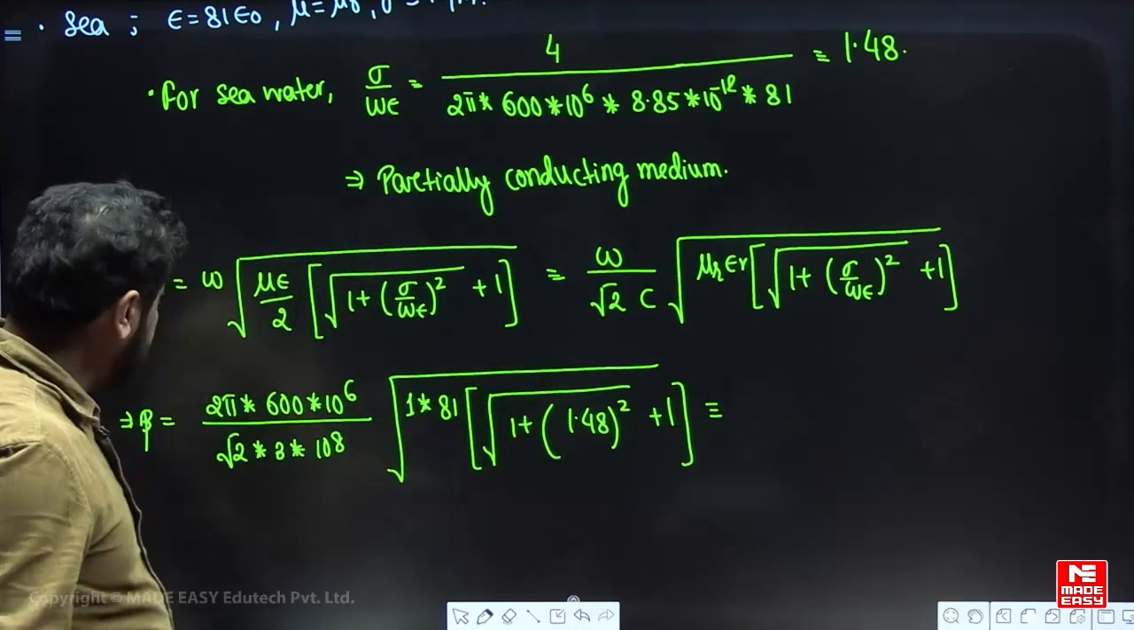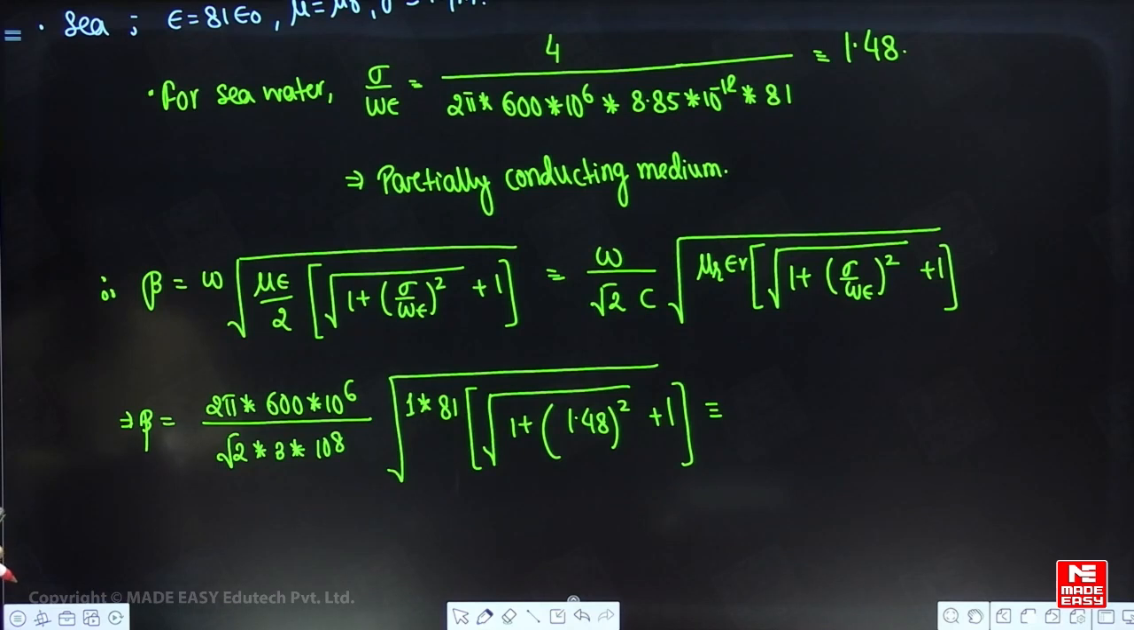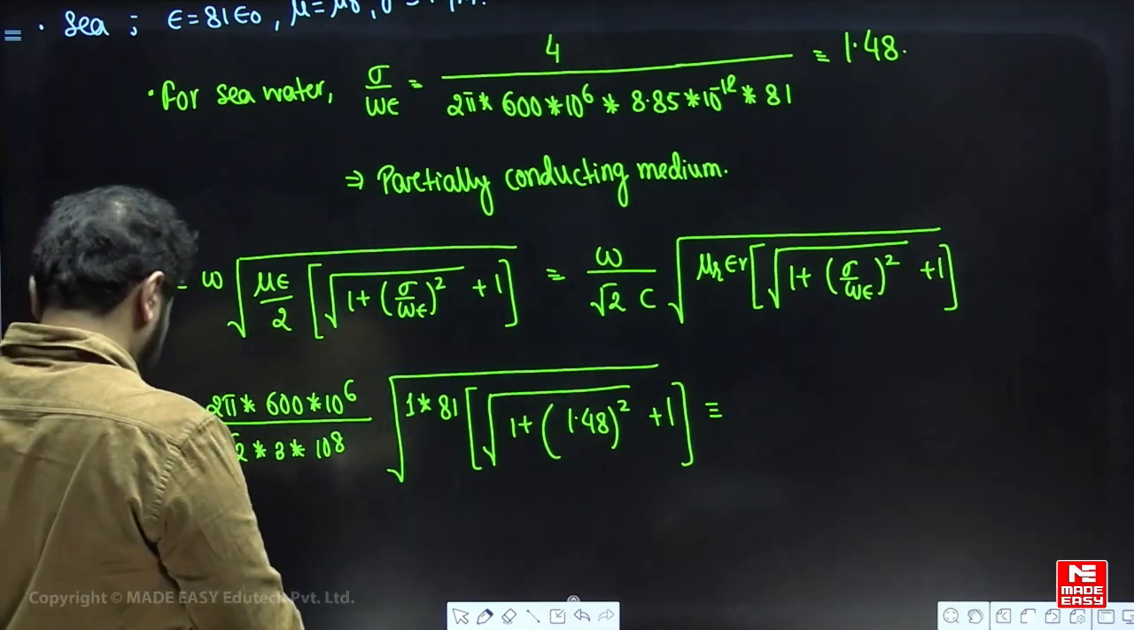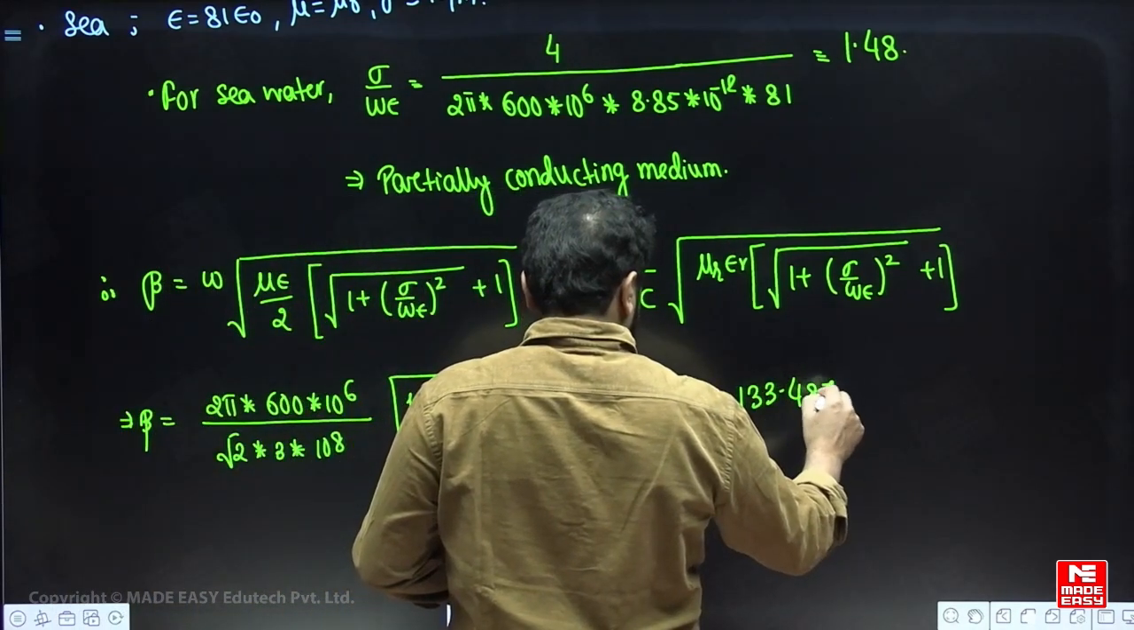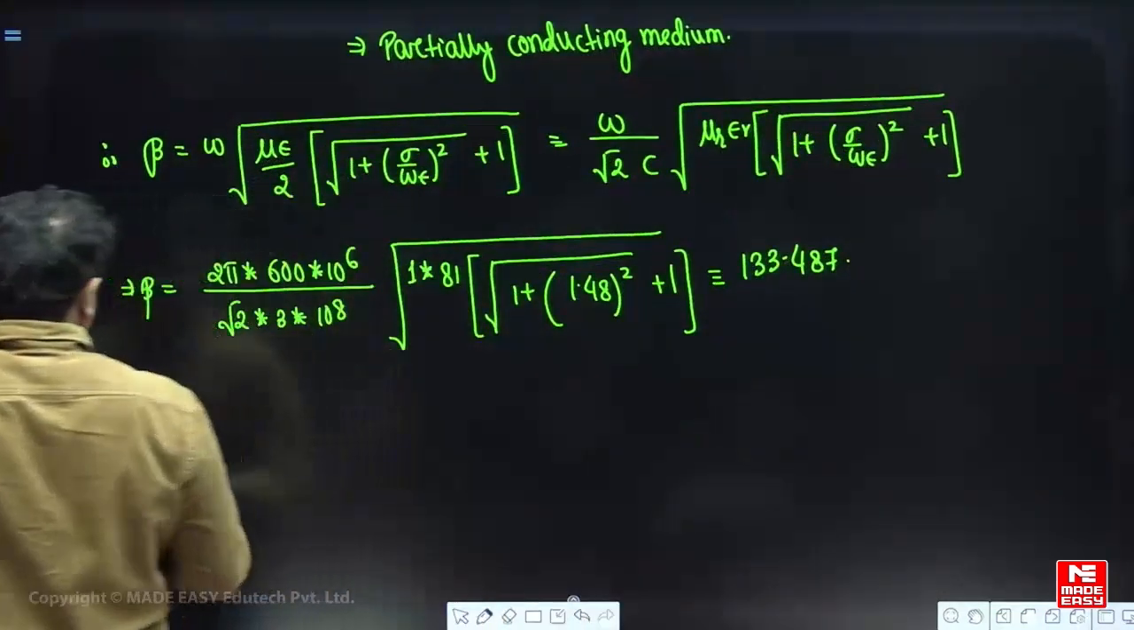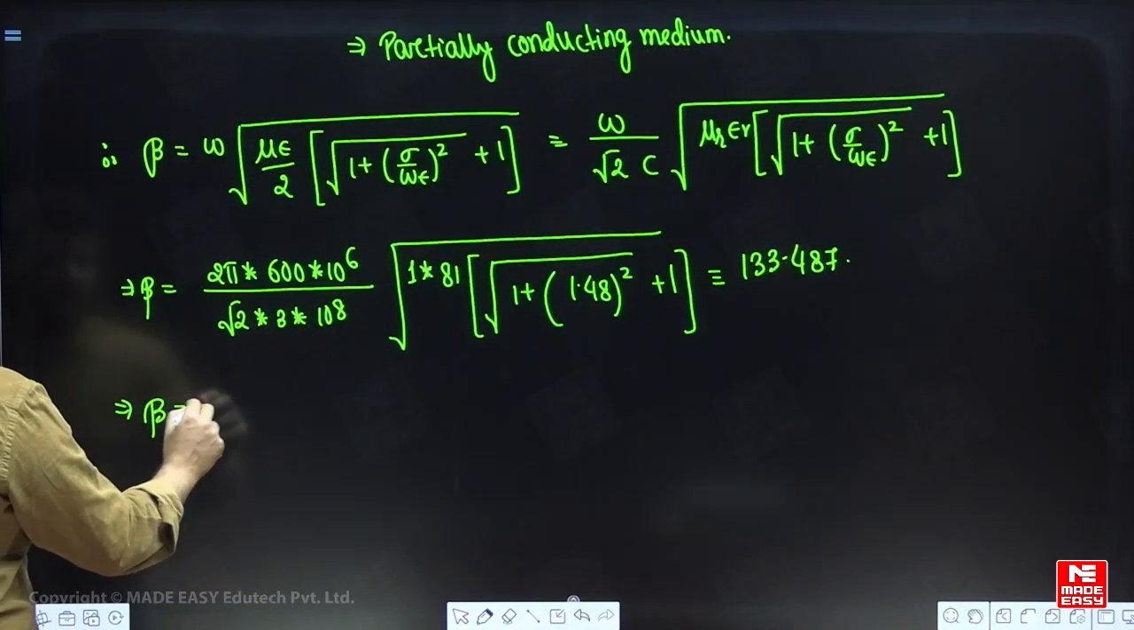So let us calculate this value. So this is 1.48 whole square plus 1. So root of answer plus 1 into 81, root of answer into 2 pi into 600 into 10 to the power 6 divided by root 2 into 3 into 10 to the power 8. 133.487, right? So once you know the beta value, so I can say that beta is equal to 2 pi